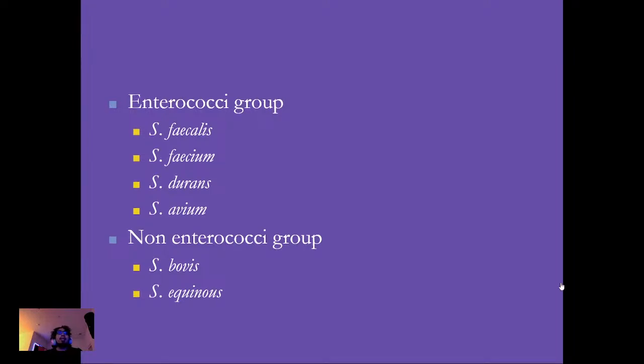Why do you read it as Enterococcus, sir, not S? Because it started with S. Nowadays, it's now referred to as Enterococcus. Okay? These four organisms are now Enterococcus. The non-Enterococcus species are Streptococcus bovis and Streptococcus equinus. Streptococcus bovis has now been named as